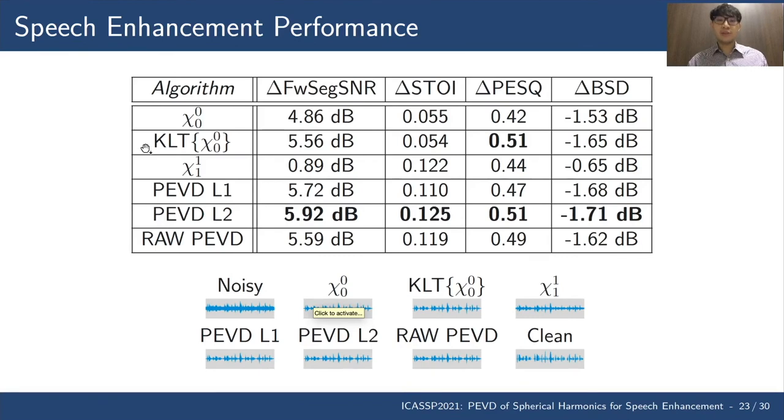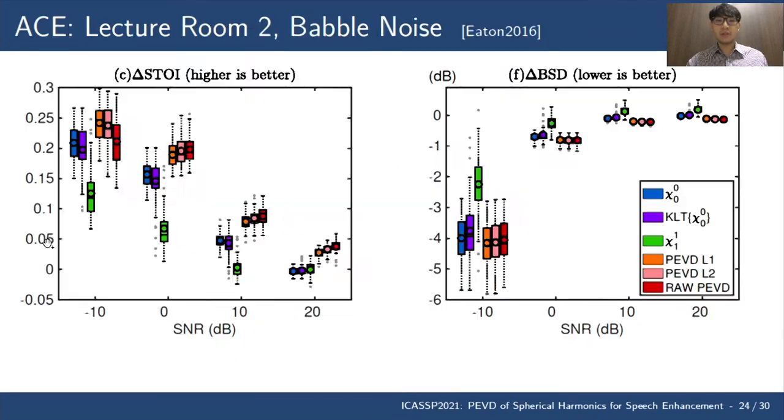Applying the KLT to the omnibeam improves all measures except for STOI. In this SMIR-Gen scenario, the source and microphone array lie along the same x-axis. We now consider the case where they don't lie on the same axis. To do that, we use the room impulse responses and noise signals measured in the ACE corpus. Chi11 no longer performs well in STOI because it is no longer directed at the source and may pick up weaker reverberant components along with noise.